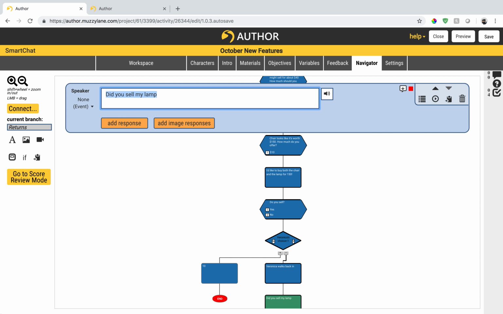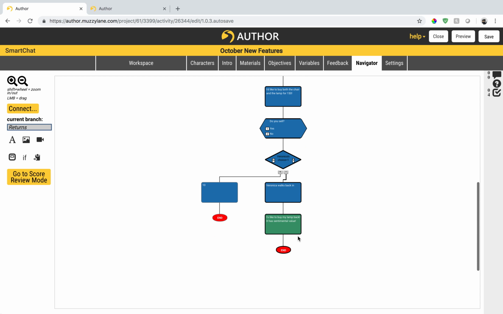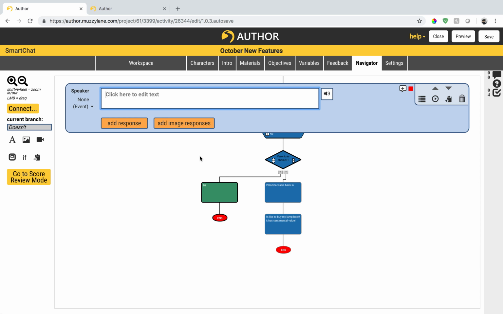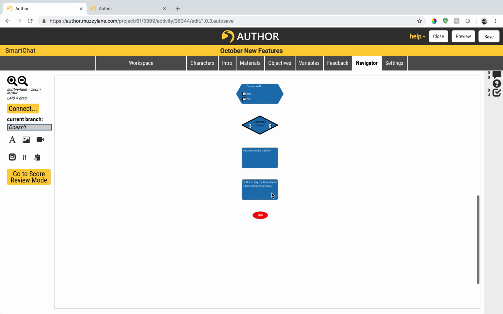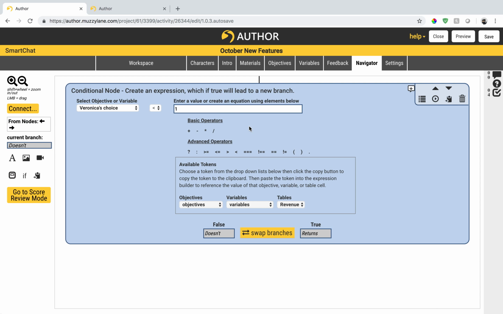Or, I'd like to buy my lamp back. It has sentimental value. And otherwise, that's the end of the game. So we can just get rid of this. We can just get rid of this. So,